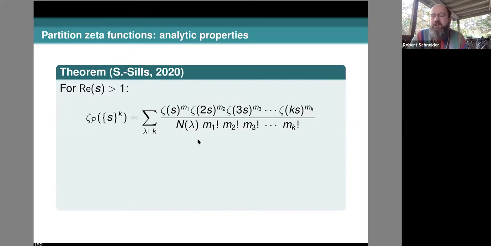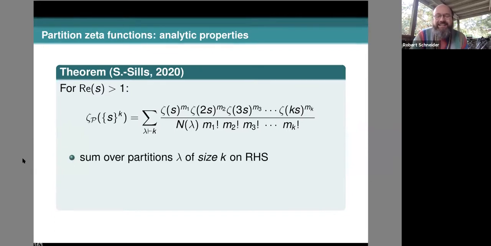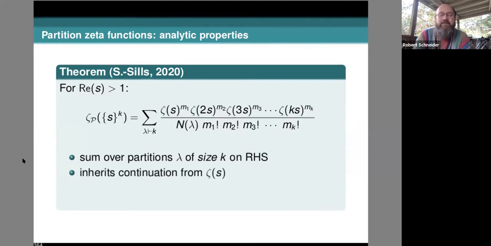And then I was deflated because I knew it wasn't true. And then Drew proved it using a much more complicated method than I could possibly have thought of. Drew Sills did. And it turned out it was true. It was really exciting and not disappointing, because it gives us lots of new information about these partition zeta functions. It kind of closes the book on this particular one, at least on those primitive questions you might ask. For instance, the left-hand side, the zeta function, inherits continuation from the zeta functions on the right-hand side.